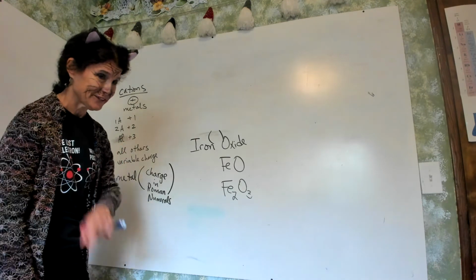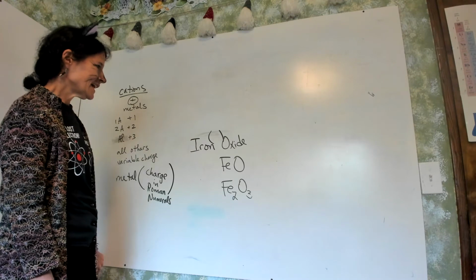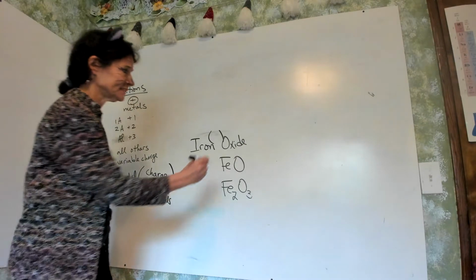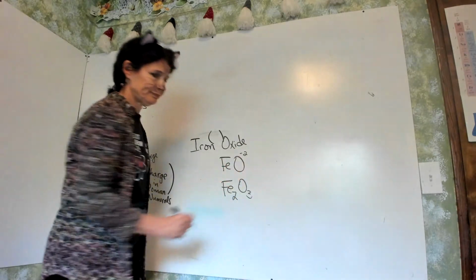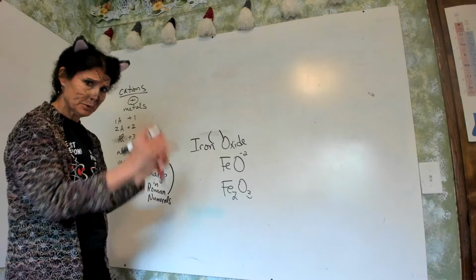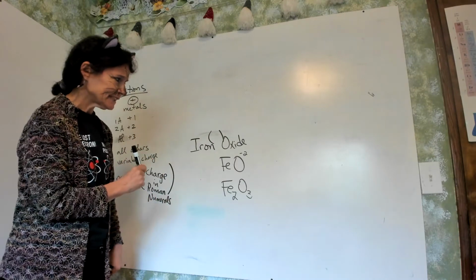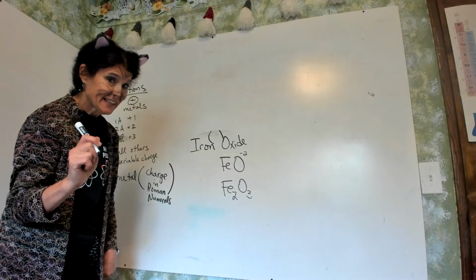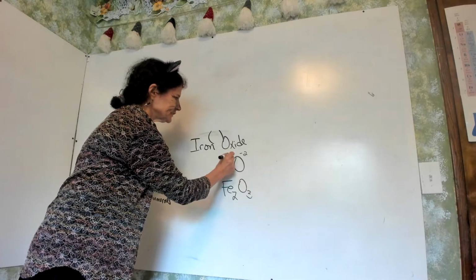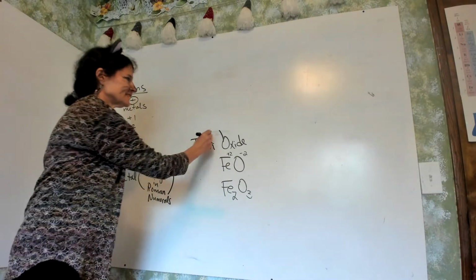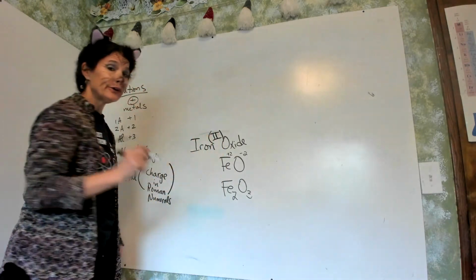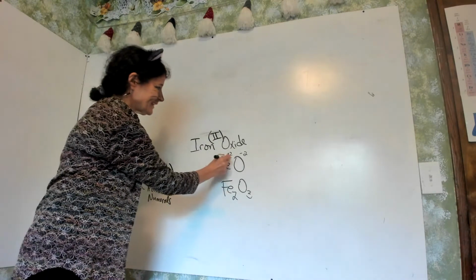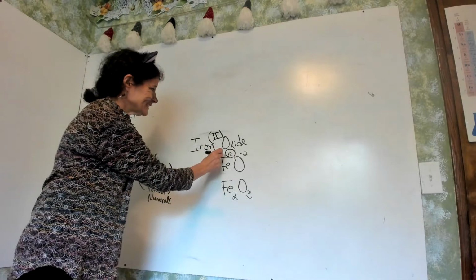And there's a way you can figure it out. And you always figure it out from the anion, in this case, the oxygen. Oxygen is -2. So basically, we're going to go backwards to what we just did. Oxygen's -2. And this is a 1-to-1 ratio. The iron must be a +2. So we call this iron 2 oxide. It's not how many, it is the charge.